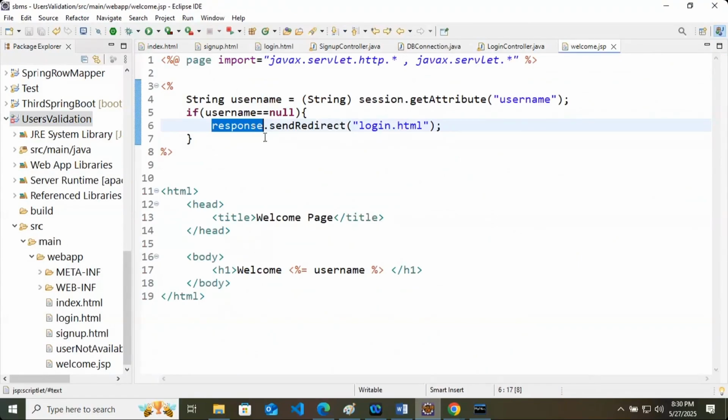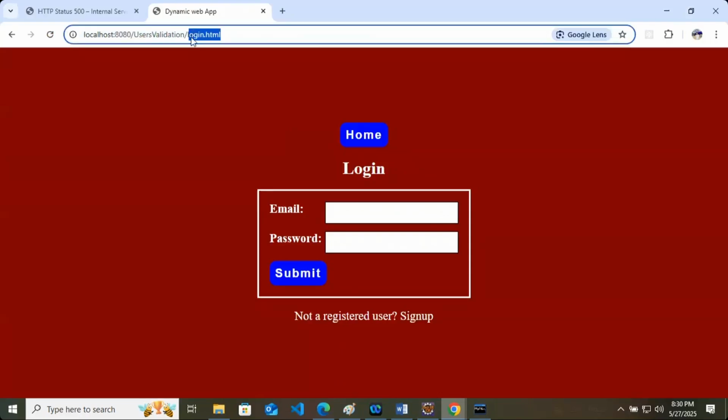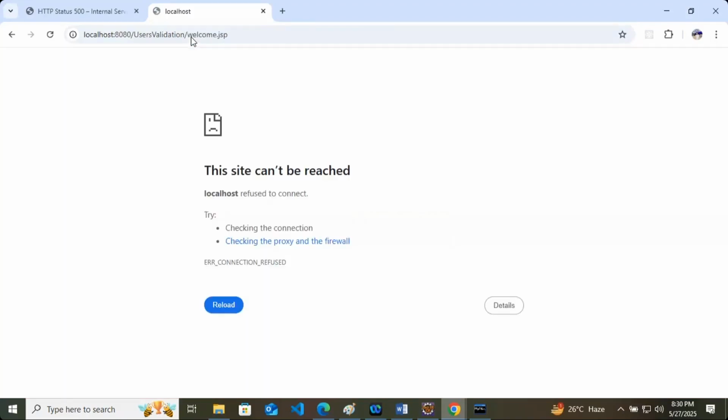Done now. It doesn't matter how many times you try to fetch welcome.jsp if you are not a logged in user. I think the application closed.